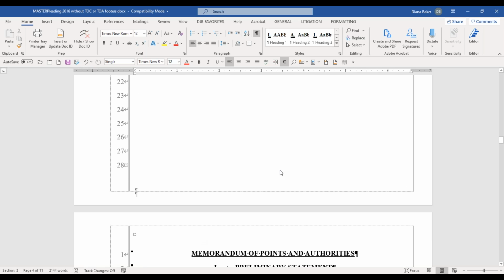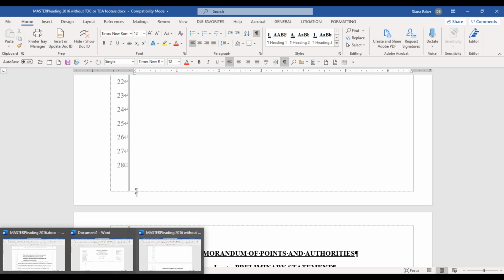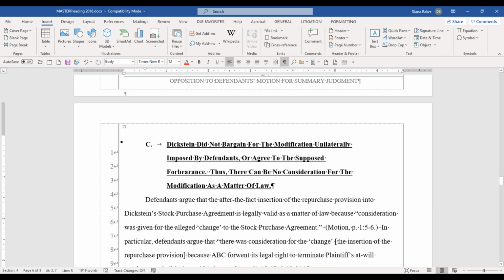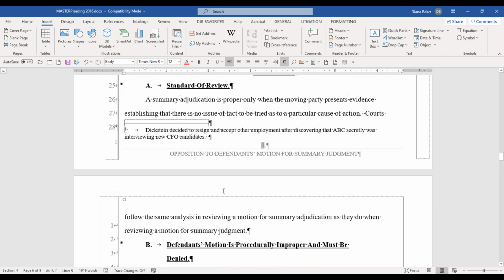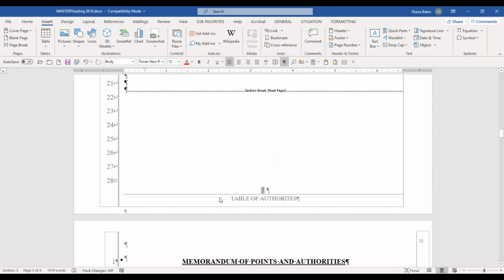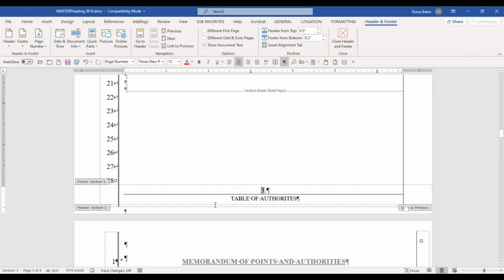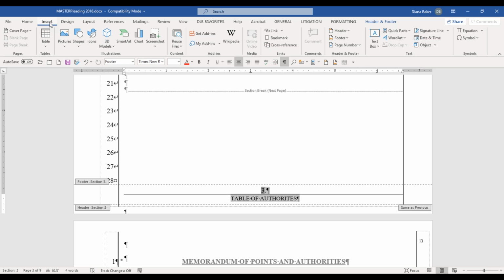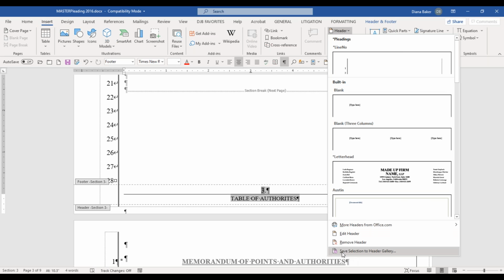So similar to AutoText, I have to go find a sample of one that is correct. So I'm going to go back to my regular master pleading, and I'm going to actually come up to my table of authorities footer here. I'm going to click inside it. I'm going to do a Control-A, which is select all. And then, so I've got it all selected. Now I'm going to come to Insert, Header. Right down here, I can save selection to header gallery,